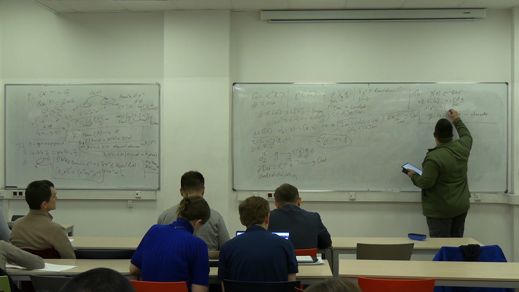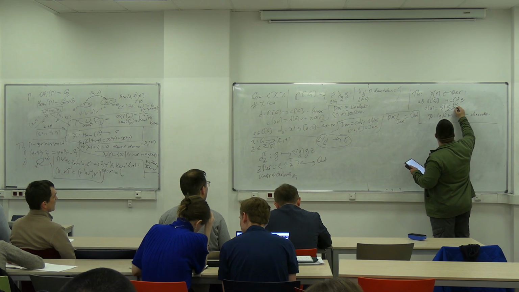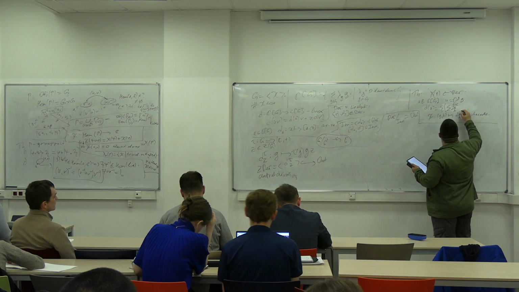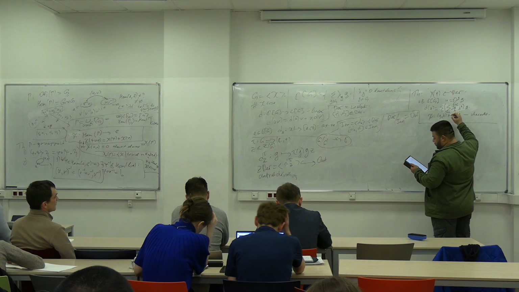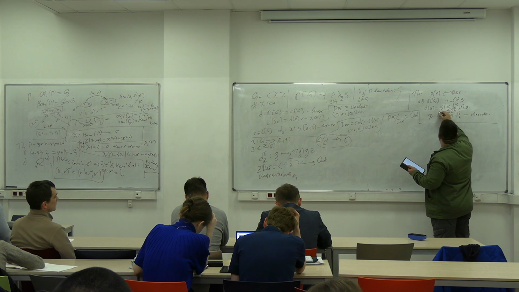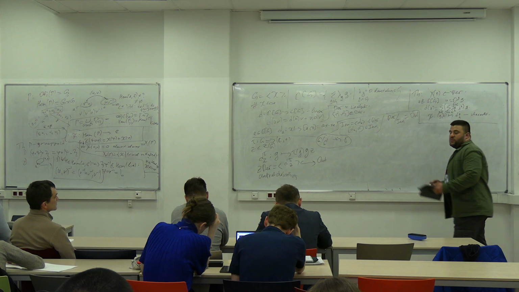So this sum is over the whole G, right? Yes. D_GH, lambda_HG. This is the sum by H. This sum is by G. What